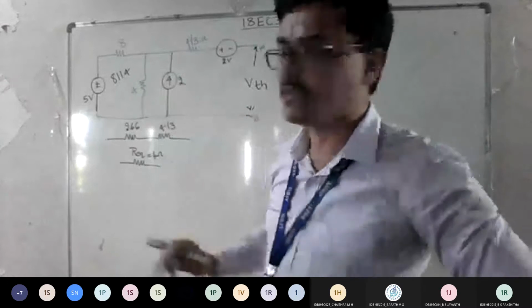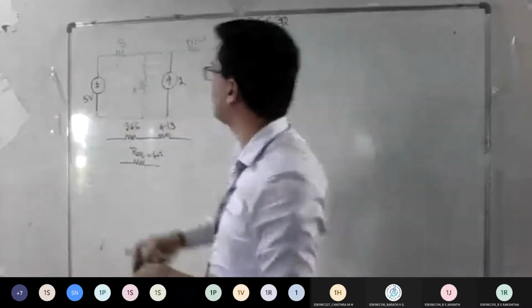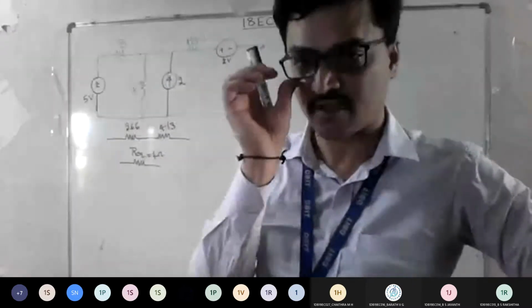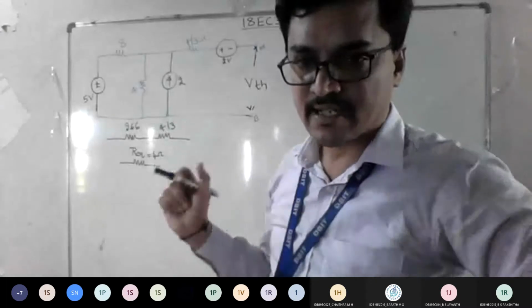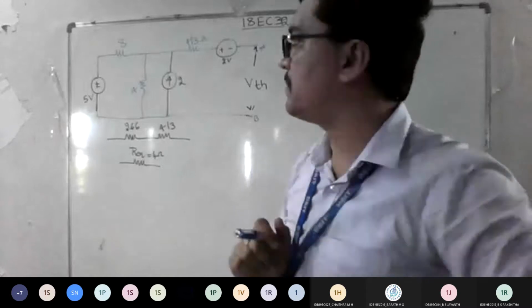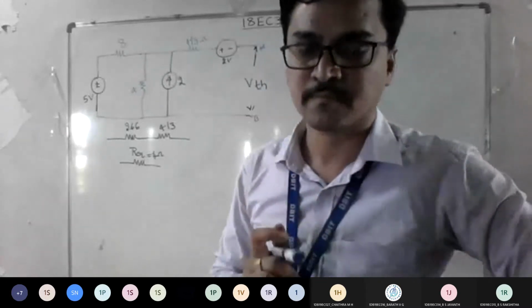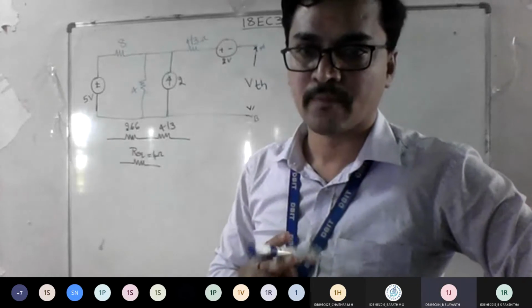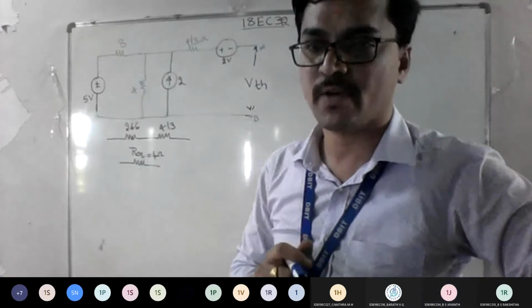That is one way. Similarly, I can apply mesh analysis for this, get the answer of I1, I2, same procedure, find the node voltages, get the answer. Or without applying mesh analysis, can I solve this? Can anyone tell me whether it is possible to solve without mesh analysis? Yes, sir, source transformation. Yes, good. You can apply the source transformation technique.